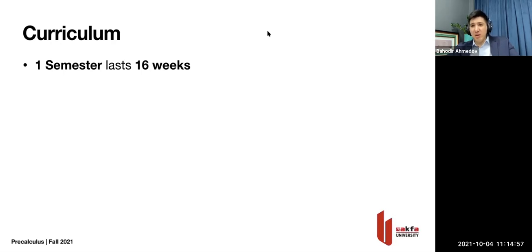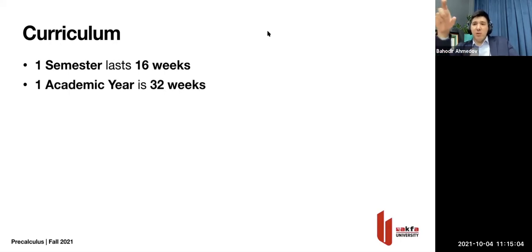Every semester lasts for 16 weeks, and an academic year is 32 weeks. It means that we're going to have 16 weeks of lectures, then one month of break before the spring semester starts, and then again 16 weeks of lectures, and then a couple of months of break during the summer if you don't fail the courses. We plan to create some summer semester courses as well, but I'm not sure how it is going to be, so maybe in a couple of years. But as a rule, you are free during the summer.